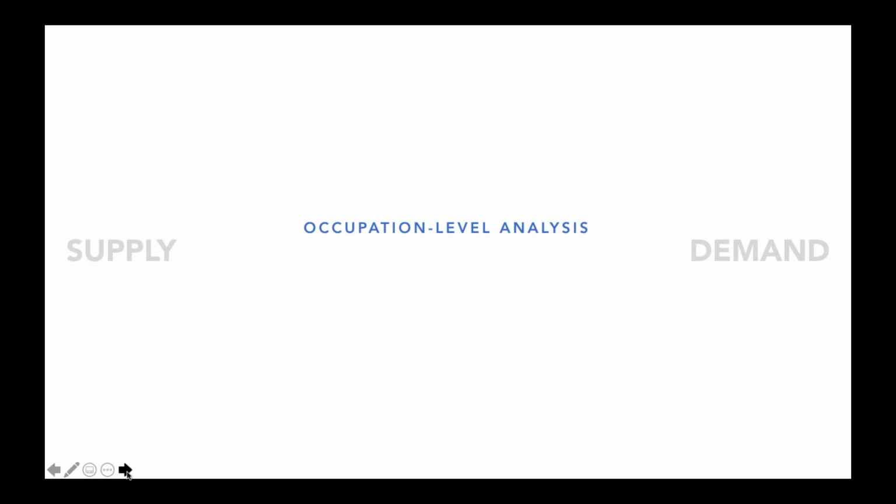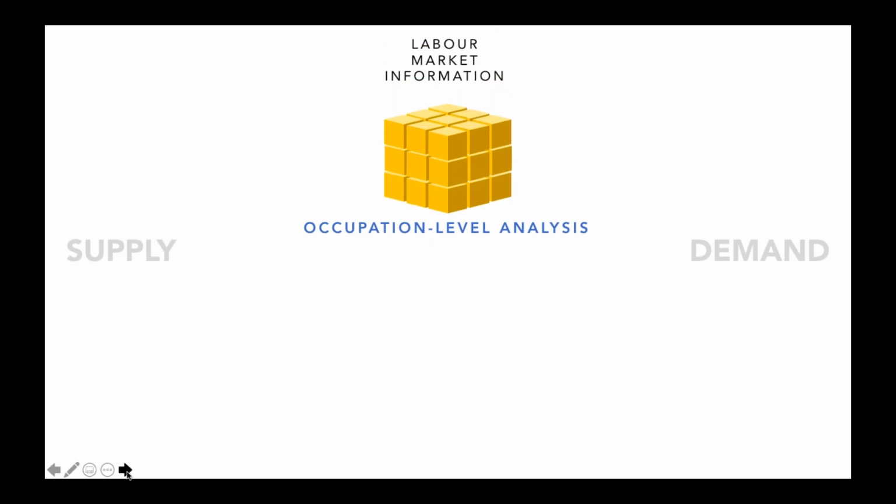So LMI is great for quantifying things. So if you press a key to move, because this is one of those fancy animation slides, then we think that quantified labour market information is central to analysis, because there's nothing more reliable in terms of giving you numbers of the jobs that are out there and their place in the labour market, their location and all of that. But it's kind of quite flat data in a way. It tells you where jobs are, in terms of geography, occupation, industry, but it doesn't tell you that much more about them. So that's why we add in different bits of other data. If you click it along again,